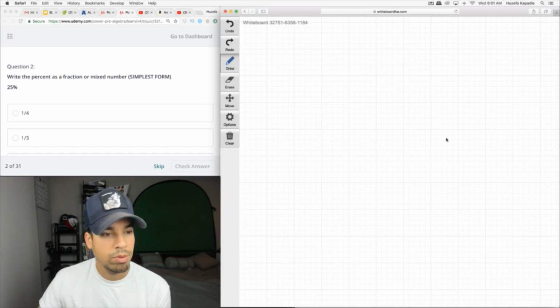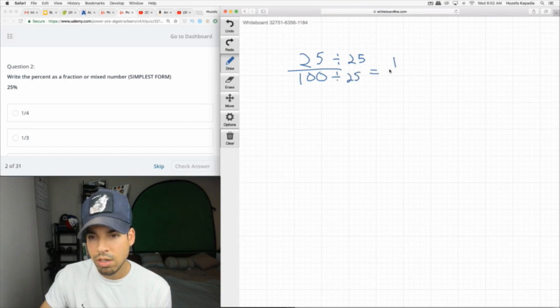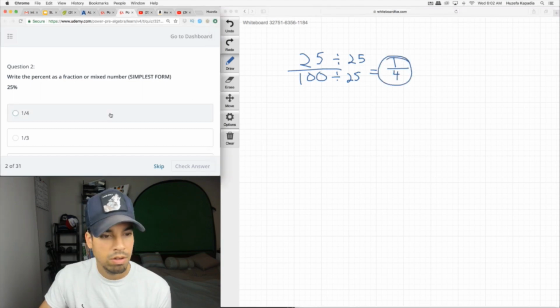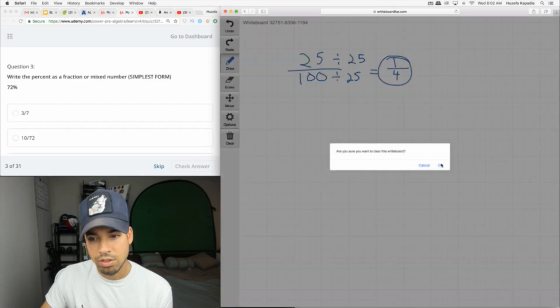Okay, next we want 25%. So same thing, 25 over 100. And then we reduce it. Both of these are actually divisible by 25. So I'm going to write it like that. 25 divided by 25 is 1. 100 divided by 25, 4. Boom. Next question,